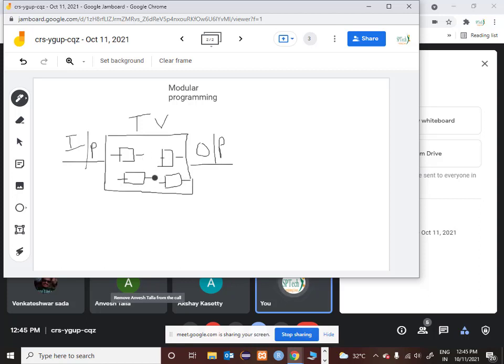Now each and every subsystem is receiving some input and giving some output. For example, the audio subsystem is responsible only for the audio functionality, nothing else. It is not responsible for any video functionality. The video subsystem is responsible only for video. Channel subsystem is only responsible for channel. Color subsystem is only responsible for color. So you are trying to create subsystems which have a vested responsibility. It has its own scope, its own responsibility. It will not do anything beyond that.